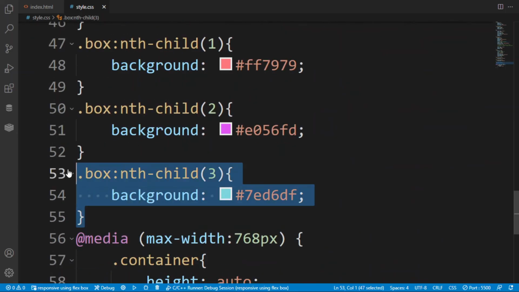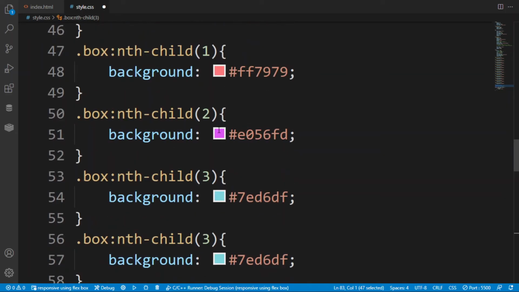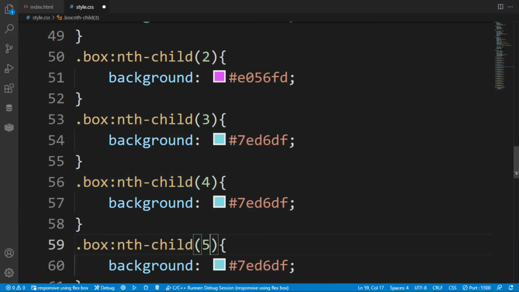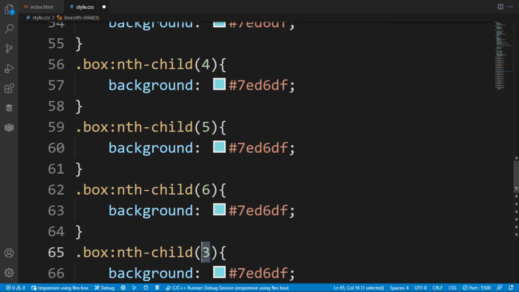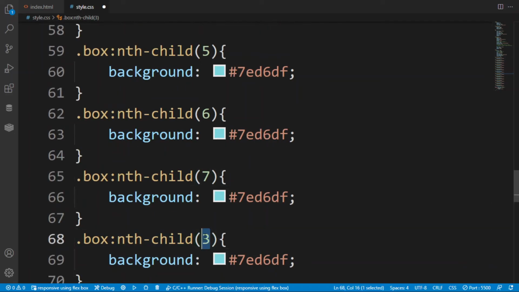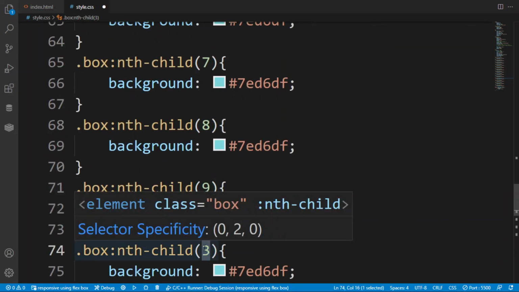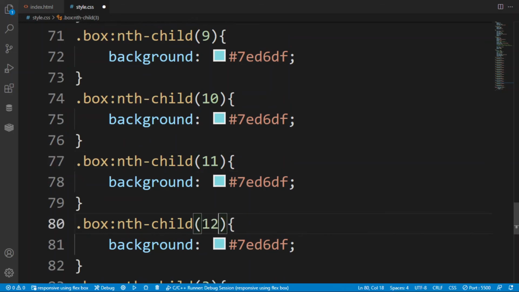Here we have to just copy it as many times as we have created extra divs. Here put 4, 5, 6, 7, 8, 9, and here it will be 10, then 11 and 12.